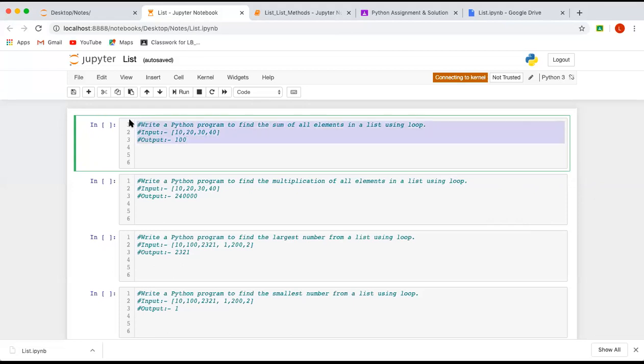Let's do this problem. I'm copying and pasting it. I've pasted this in the chat box. So this is the list. Access every element using a for loop and give me the summation of all the elements. Can you please try? Are you going to try? Hello? Okay, okay, yeah. So please try this.